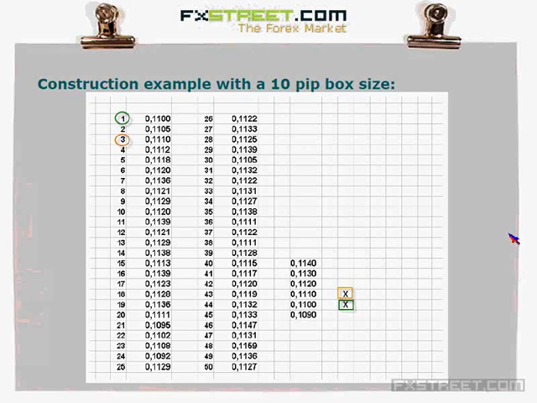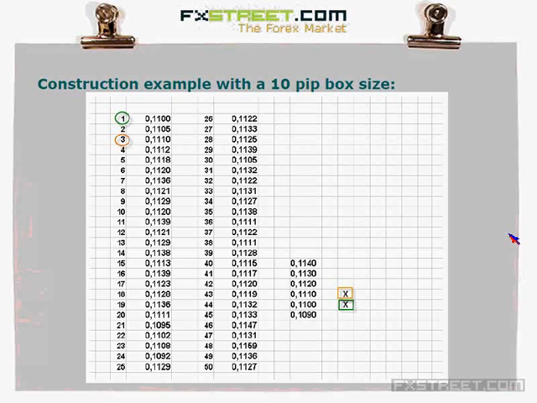In order to start drawing, we also have to know whether we start with an X or with an O. In that case, we'll see that the first price being quoted is 1100, pardon, and